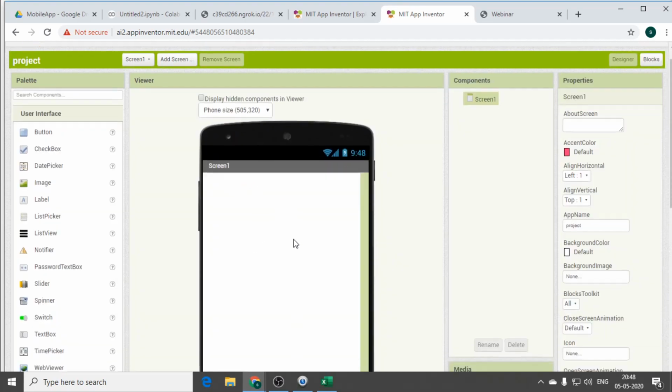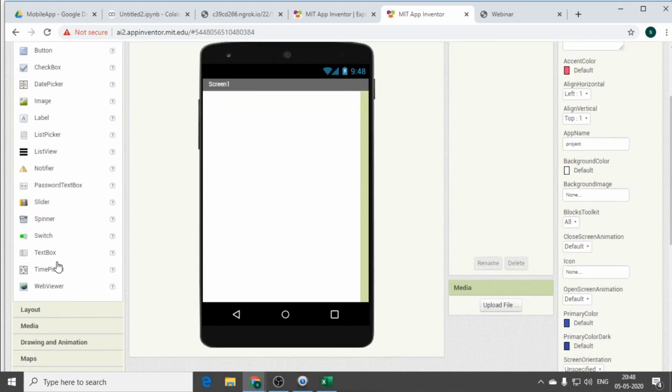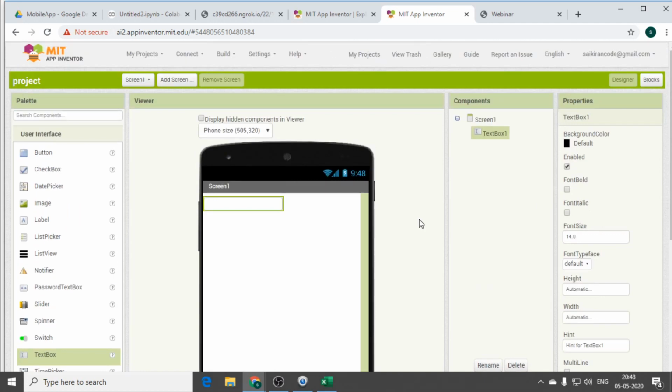You add all your fields here. Just go for a text box and drag it here. That's it. In that way you can create your own applications. So that's how you can build a mobile app for a machine learning model, which is very important, where most people don't know that part. That's where Code9 is good at giving you practical knowledge.